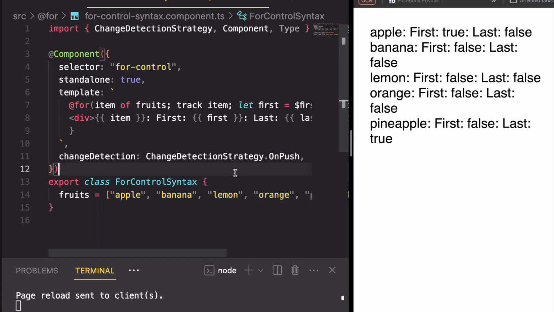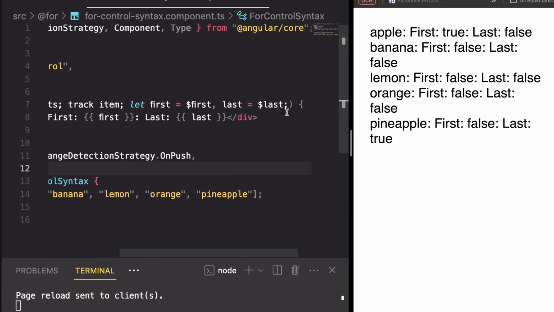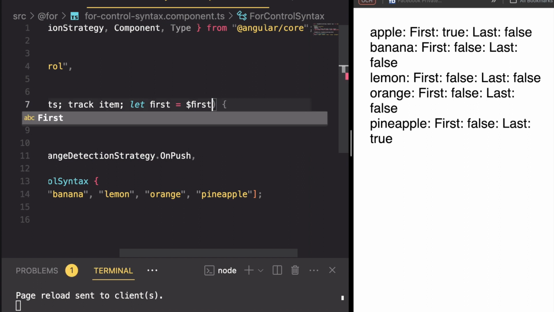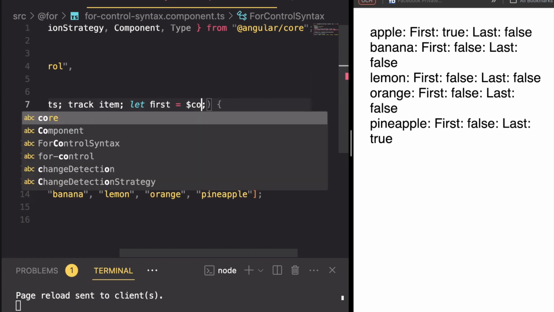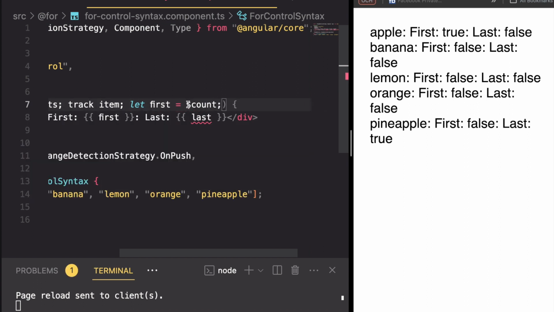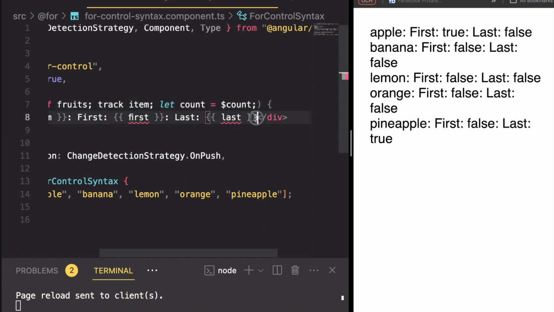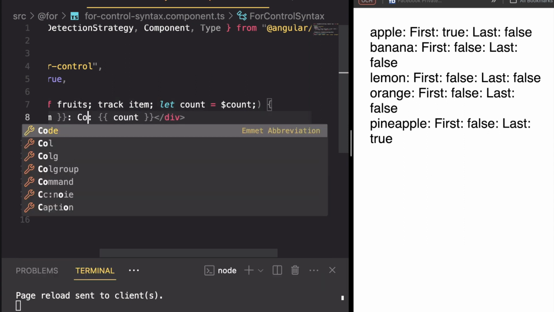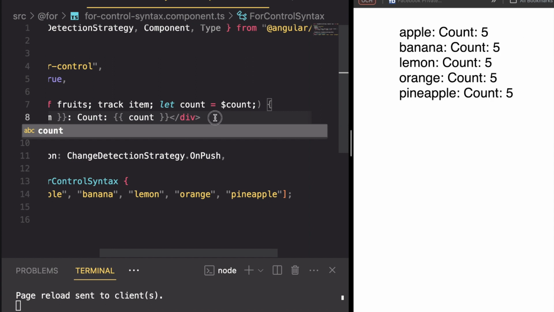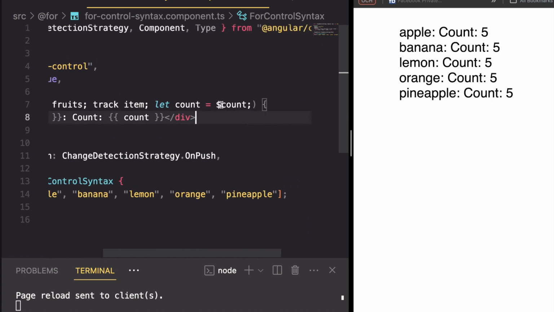Now let's look at another contextual variable called the count. Let's clear this and write count. So it's grabbed using this variable $count. Then we'll set it in this template variable count. Now let me clear this up. Come here, then write count, remove this, then change this from first to count. Then we'll save. So this count variable is used to indicate